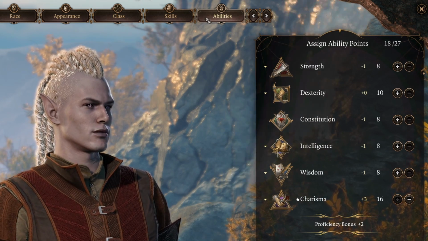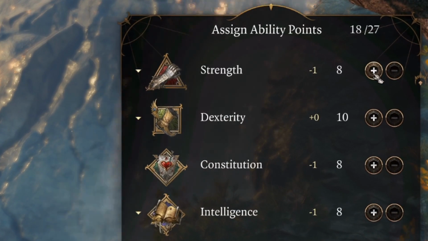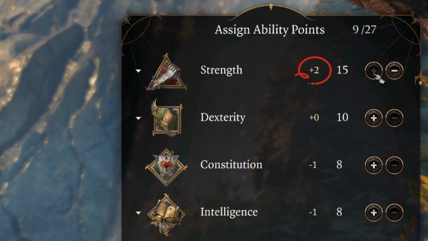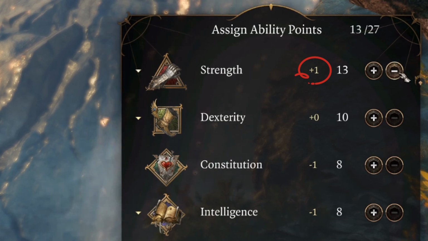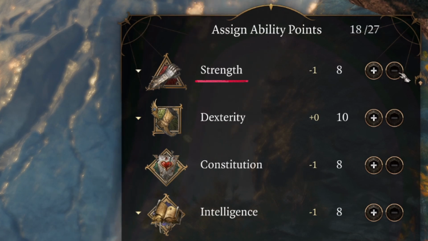The higher your score in a particular ability, the higher your ability modifier will be, and your modifier is the really important factor here, for it is the number that's added to a variety of dice rolls in Baldur's Gate 3. If we look at strength, you can see that I have the minimum of 8 points set, which equates